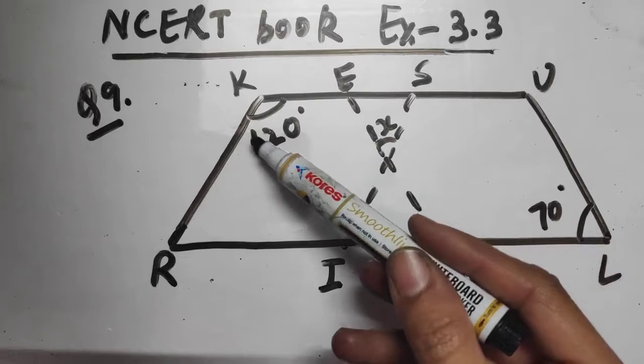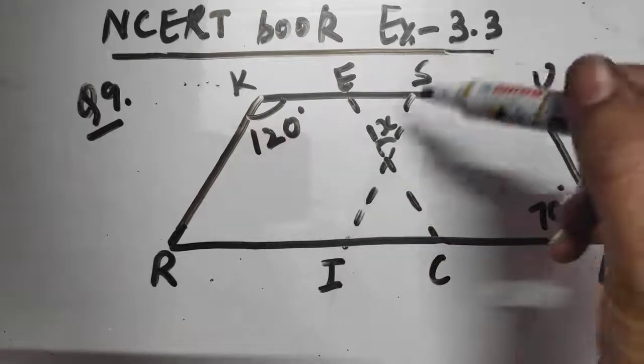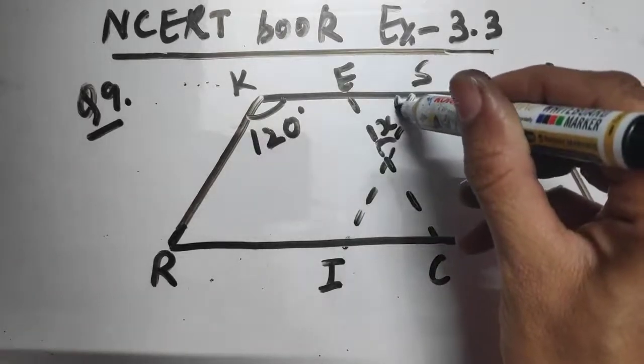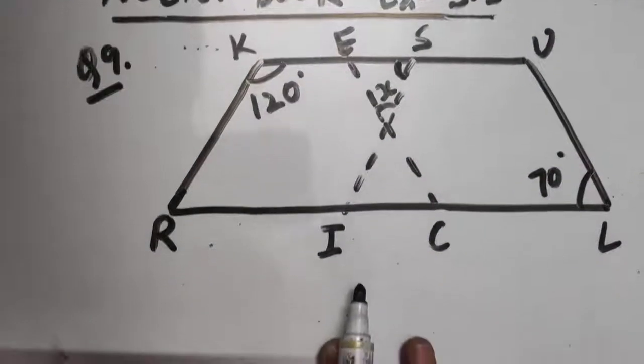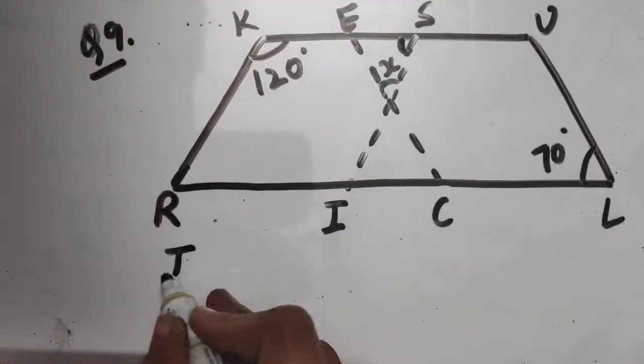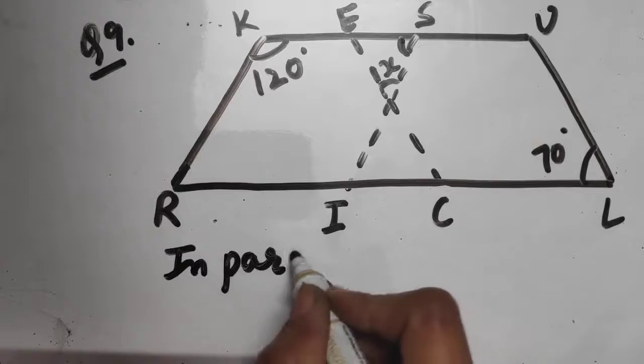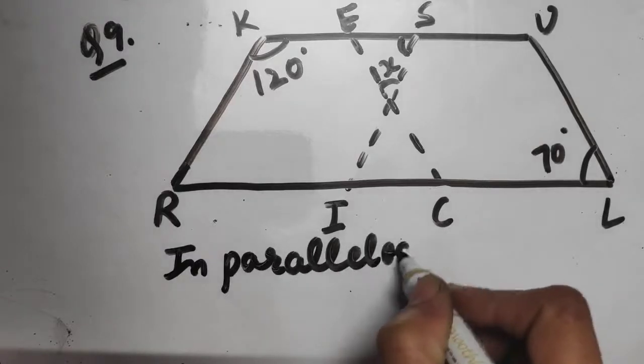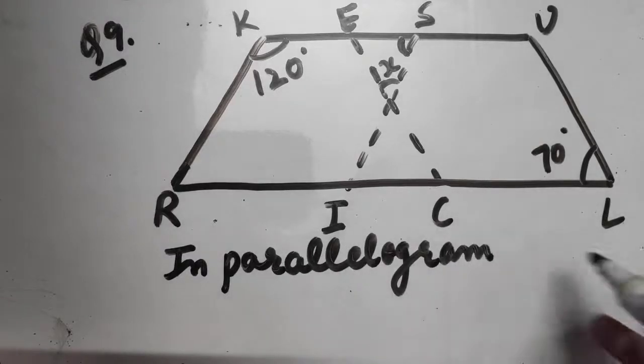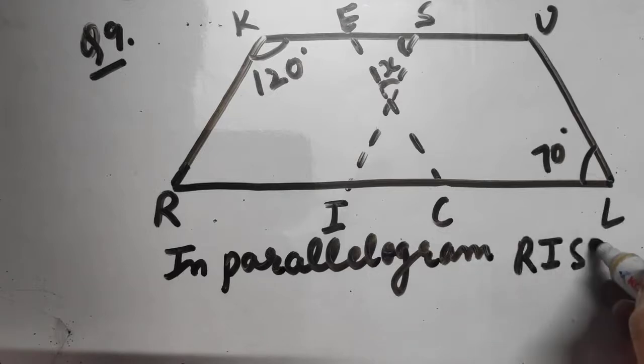It means this angle is 120 degrees. So what will be the measurement of this angle? This will be 60 degrees. So we can write like this. In parallelogram RISK,